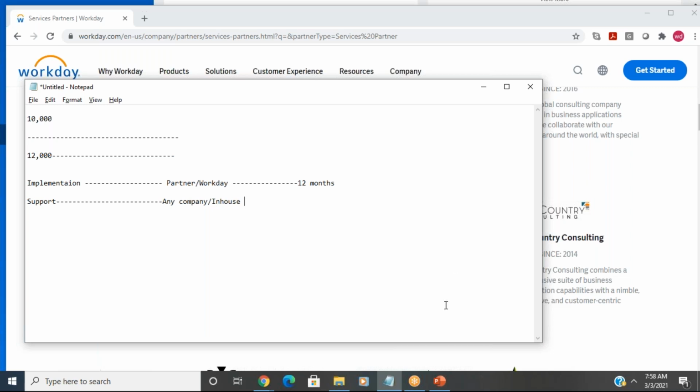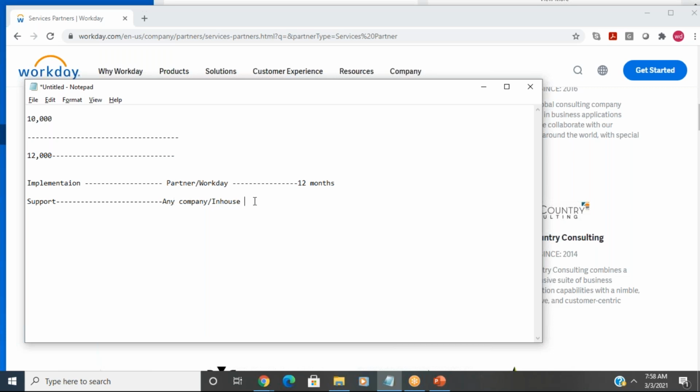This comes to my next question, sir. When we go for support, we are choosing an organization or an in-house team. Can't we directly ask Workday to hand over or take care of our support? Is it possible? No, they won't do support. They just provide the services, that's it. They'll give the software. If you want, they can implement it, but they will charge very high. Most customers will go for a partner. Workday won't do support.